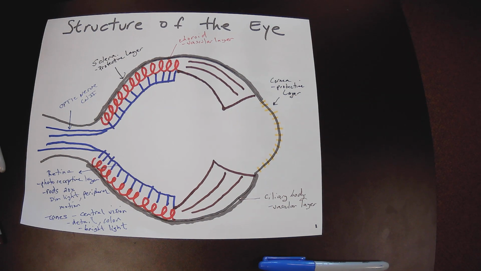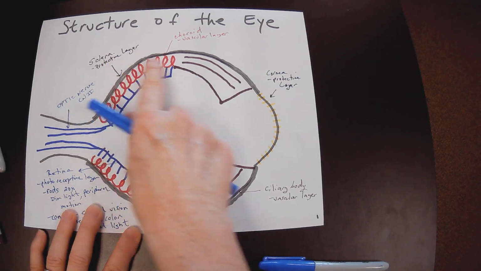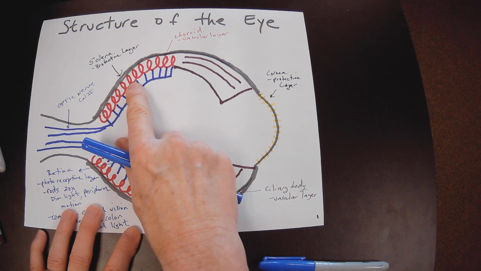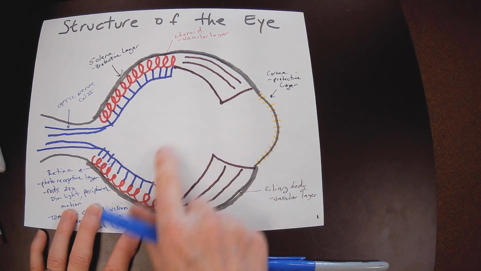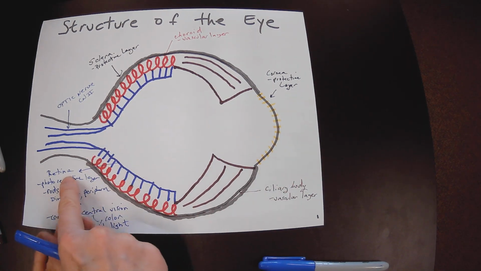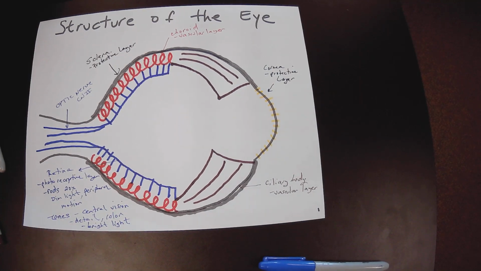Questions? 3 different layers: protective, sclera, and cornea; vascular, choroid and ciliary body; photoreceptive layer, your retina, photoreceptive, made of rods and cones. Okay, so moving forward, let's look at